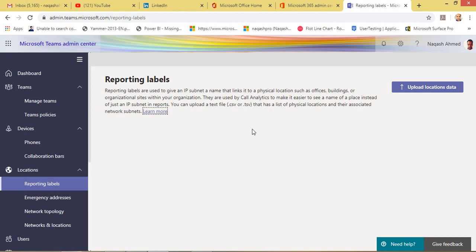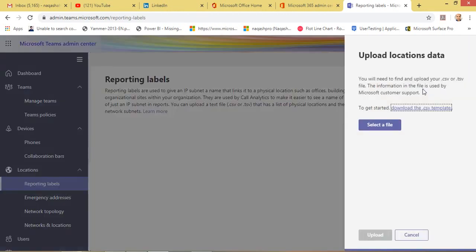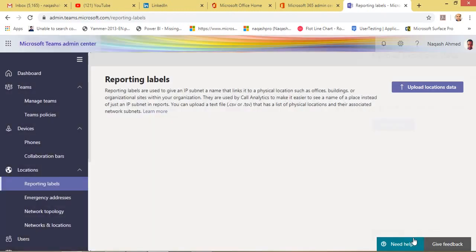Okay, right now I have no such specification here. I can upload a CSV file of locations and their IP subnets. This will be reported here, and our team members will be able to use Teams accordingly to the network. So it's part of network design.